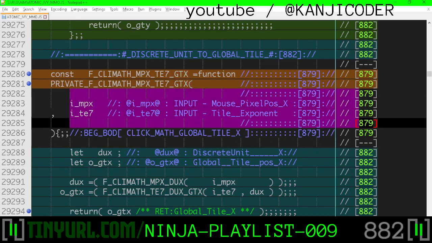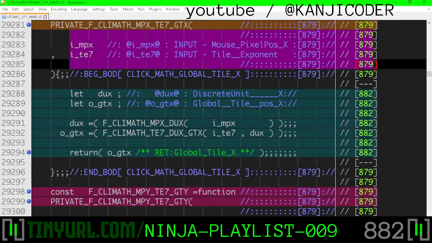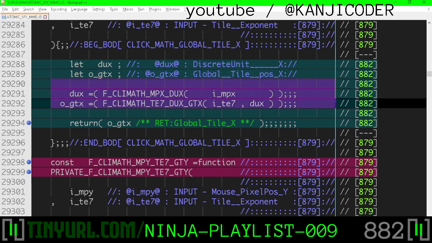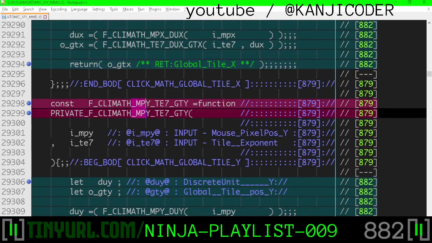So here's our inputs right here, and here is discrete unit x and output global tile x. We're going to use the helper functions to get discrete unit x, and then use tile size and discrete unit x to get output GTX, spit it out right here, and then mouse position y, mouse pixel y, and tile